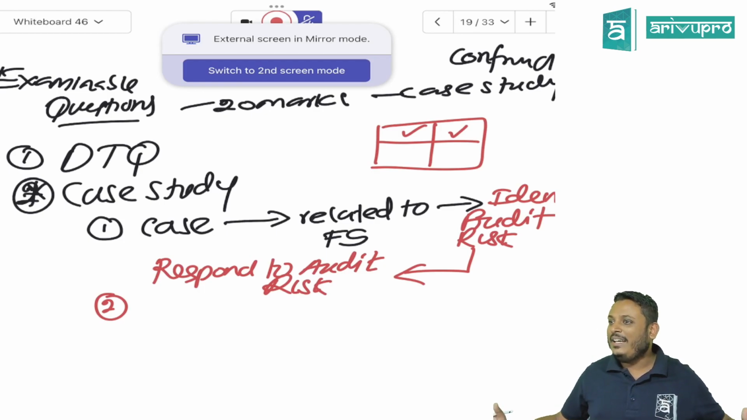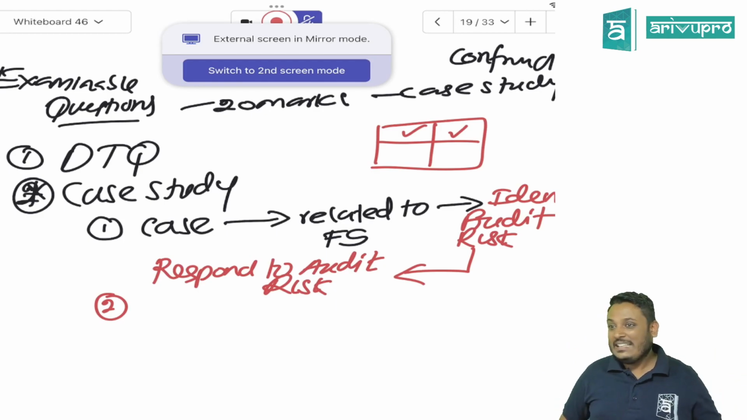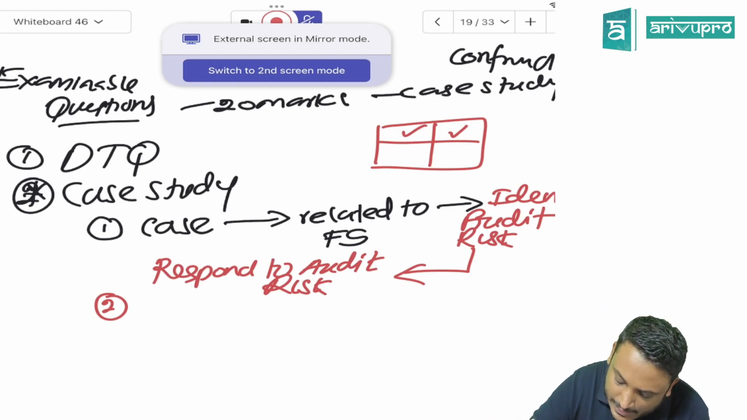Why? Out of 20, 5 marks are allocated for ratio calculation. You all know ratios, right? So you are comfortable computing ratios. Without thinking anything, you can score 5 marks. That's the benefit, but it is time consuming. It's like this: a case is given